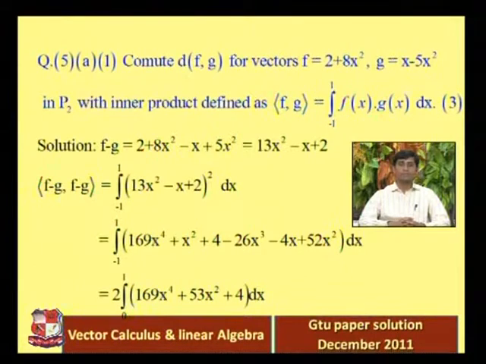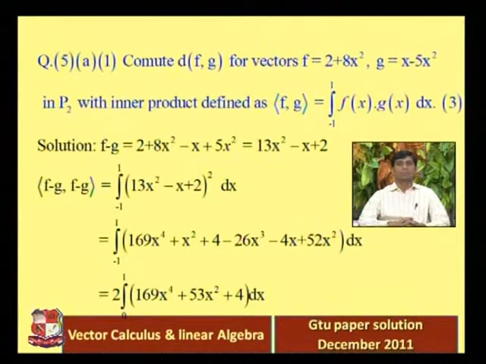Okay, and now we use that 10th standard formula: (a plus b plus c) whole square is equal to a square plus b square plus c square plus 2ab plus 2bc plus 2ca. So that formula we use here exactly on (13x square minus x plus 2) whole square. So that is equal to the integration from minus 1 to 1 of (13x square) whole square, that is 169x raised to 4,